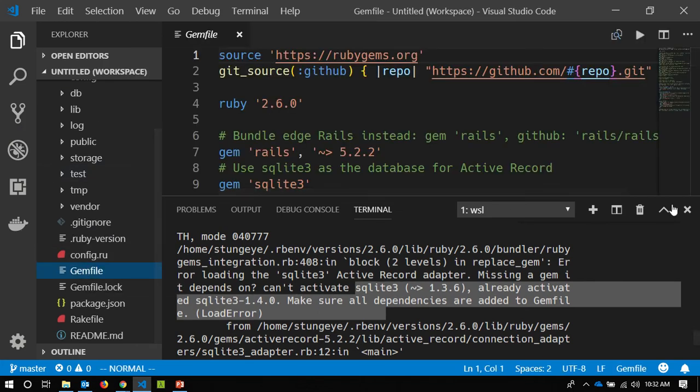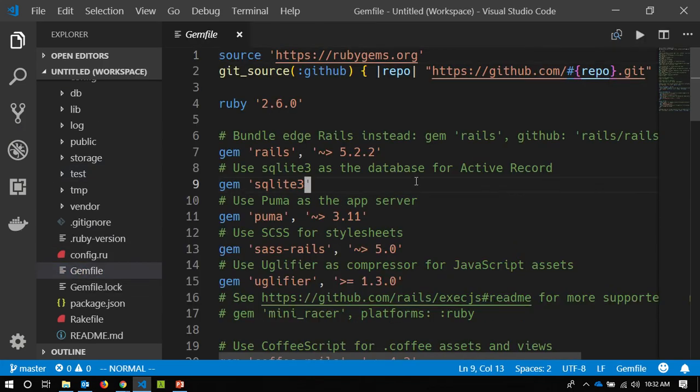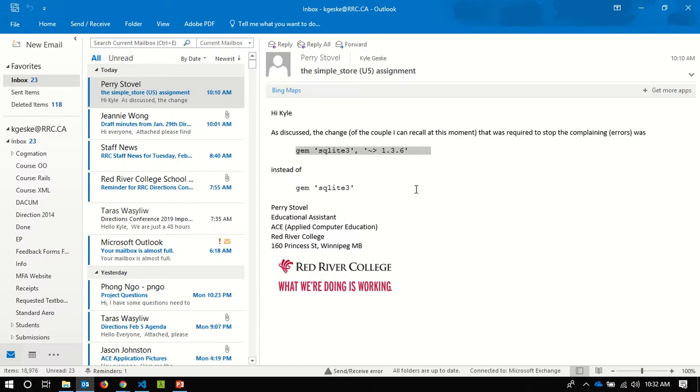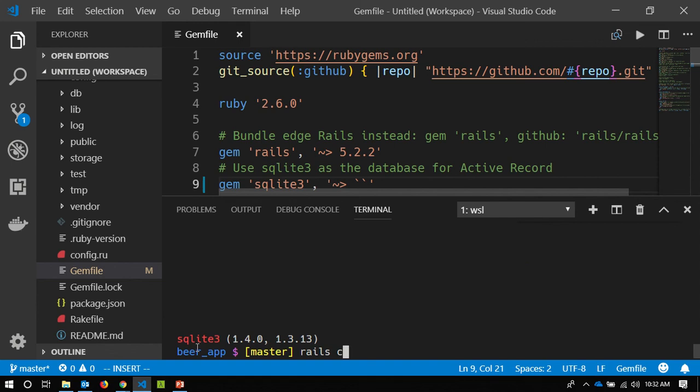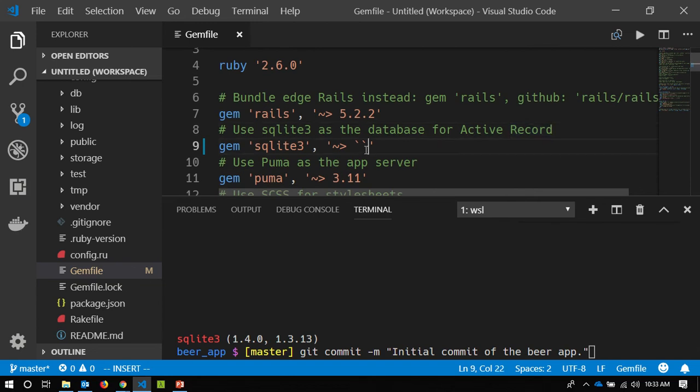A temporary fix before we know the full fix here is to go into the gem file and specify the old version of the gem. And so we are using 1.3.13. The error message mentioned 1.3.6 for some reason. I'll put in that